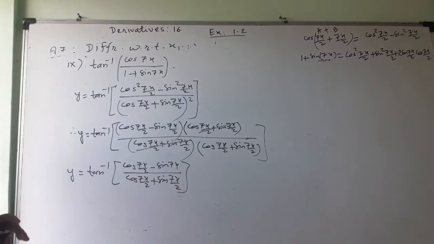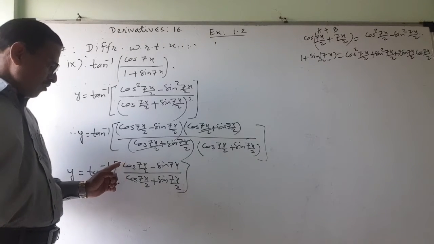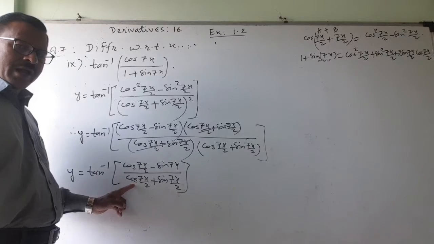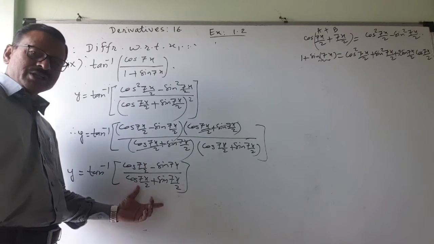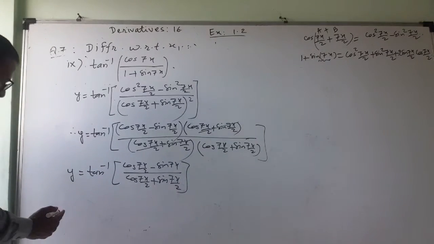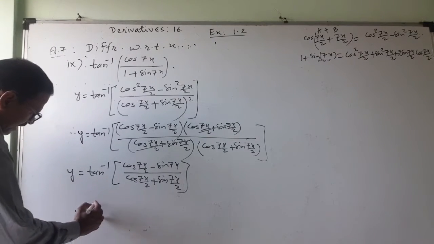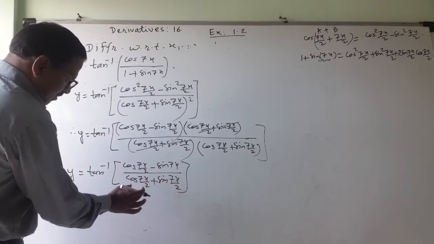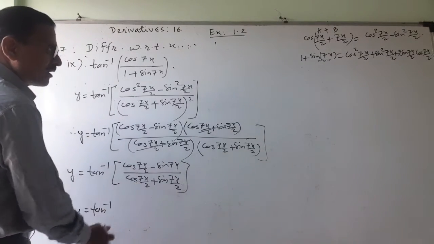Now what I will do, I will divide all the terms in numerator by cos of 7x by 2 and similarly all the terms in the denominator also by cos 7x by 2. So y is equal to tan inverse of, now I am dividing numerator by this cos 7x by 2,